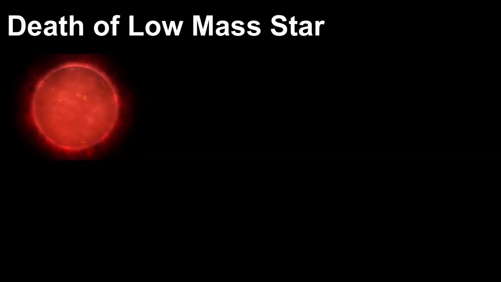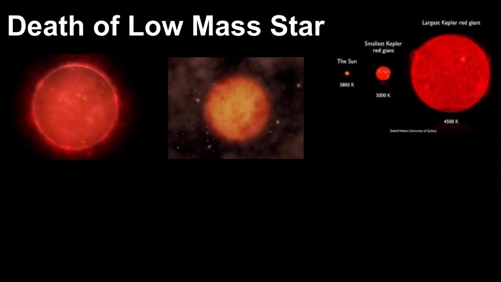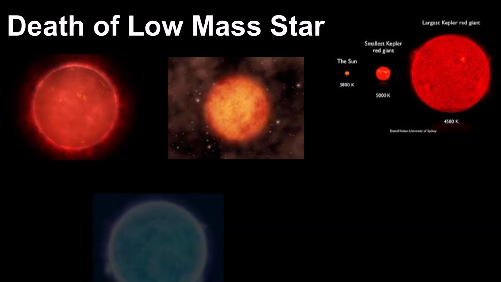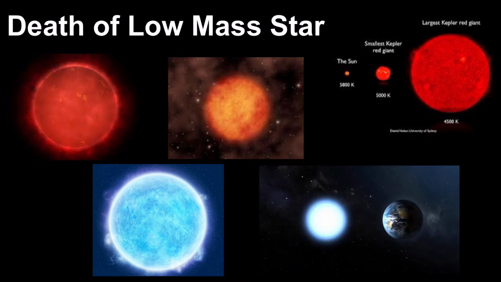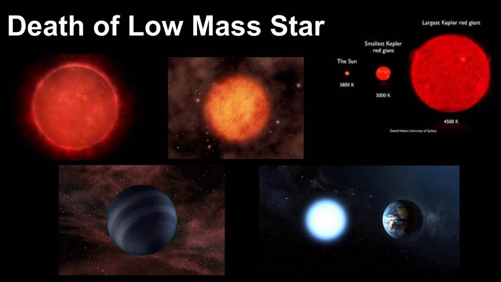When a low-mass star runs out of hydrogen, the helium that is left due to nuclear fusion contracts in the core. This causes the star to heat up and expand its outer layers, becoming a red giant. Eventually, the star sheds these outer layers and becomes a tiny, dense celestial body known as a white dwarf. A white dwarf slowly burns away what energy it has left, and scientists think once a white dwarf burns through all of its materials, it will turn into a black dwarf that emits no heat or light.